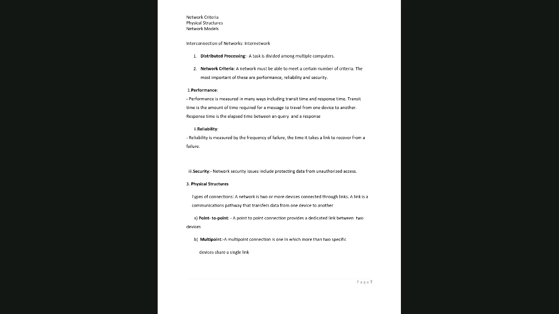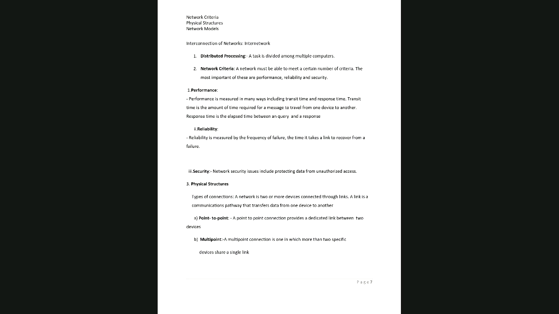So it is known as a distributed processing. So the definition for distributed processing is task is divided among multiple computers, or you can say multiple users, right? Any doubt with this? Okay,